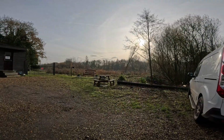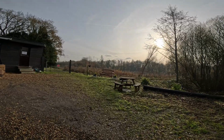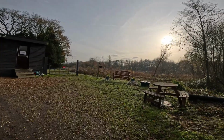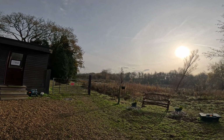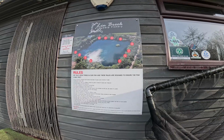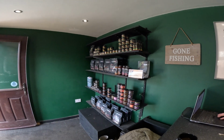As you can see, there's plenty of parking outside, a cracking little barbecue area with some seating. We'll have a quick look inside the office where you can sign in. There's plenty of fresh bait, stinks,